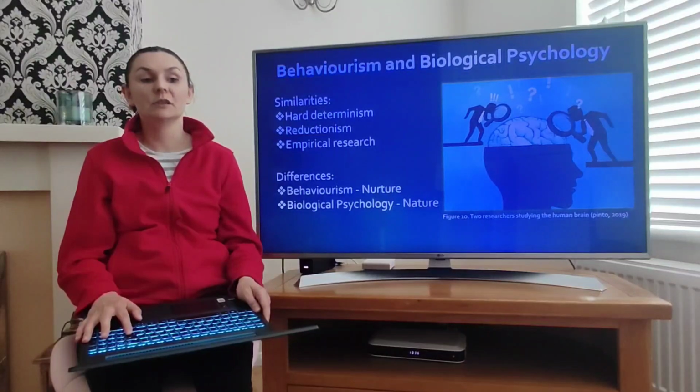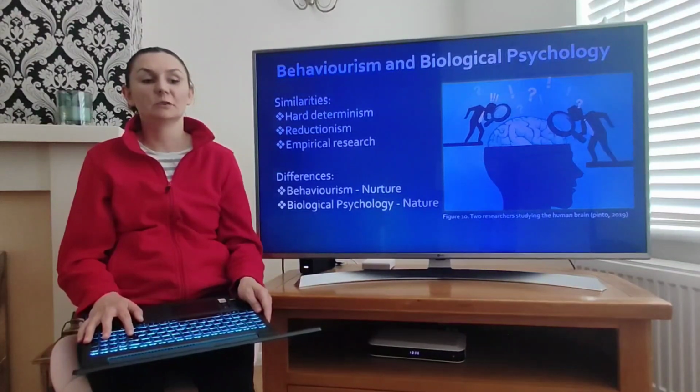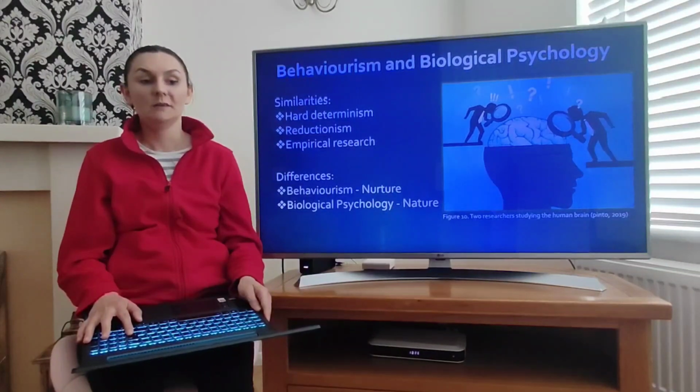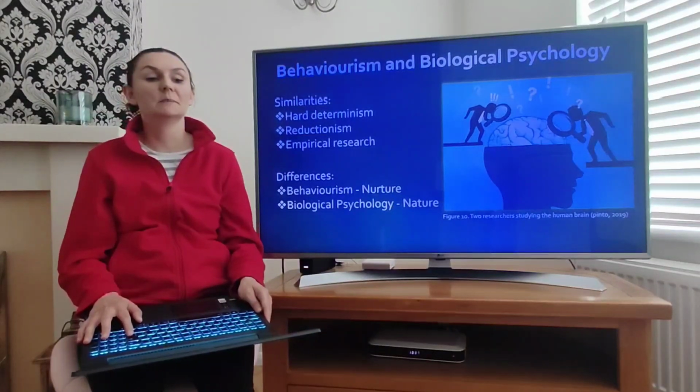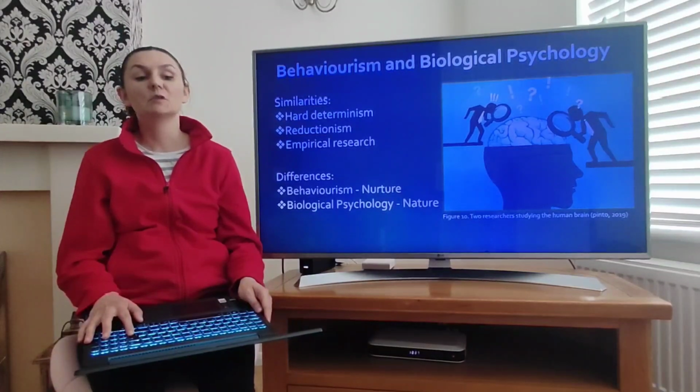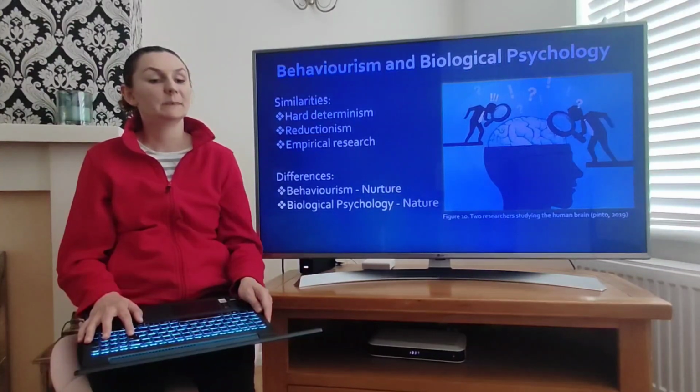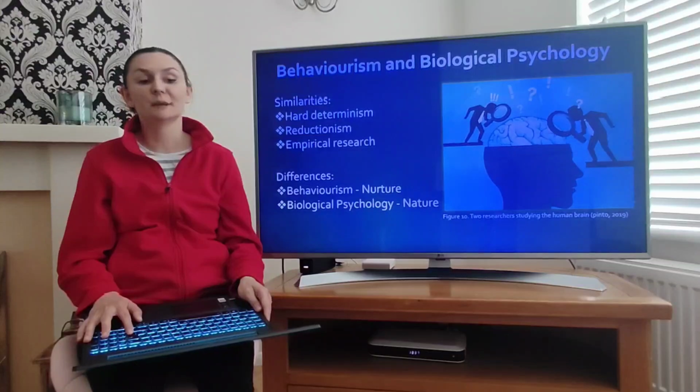Behaviorism and biological psychology, in comparison, show some similarities as well as differences. In similarities, they have a strong connection in both psychological perspectives related to, number one, hard determinism. Hard determinism excludes the research subject, both animal and human, from individual control over the behavior they present. In behaviorism, it is believed that subject behavior is a pure response to environmental stimuli. Biological psychology links human behavior to brain activity and specific messages. Both perspectives exclude the concept of free will in subject decision-making.